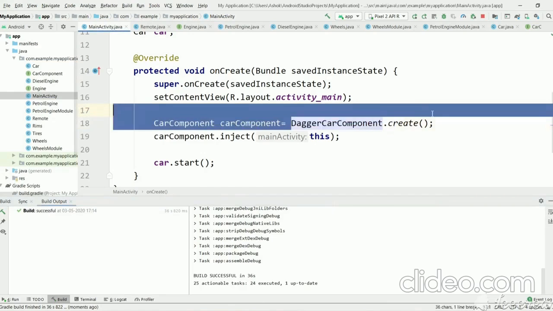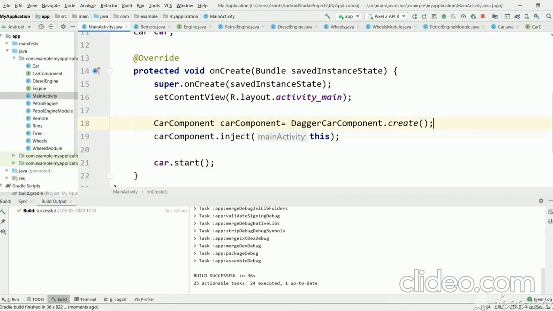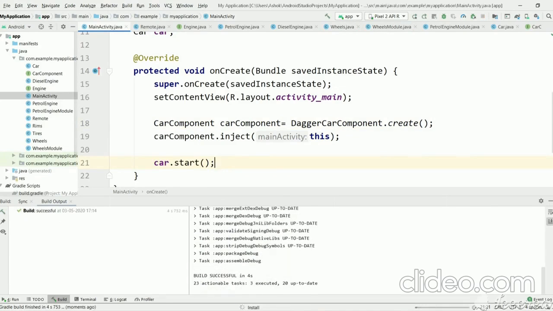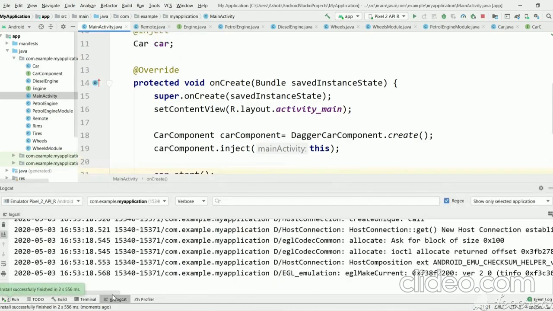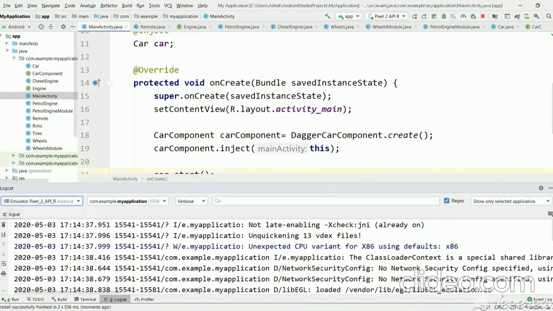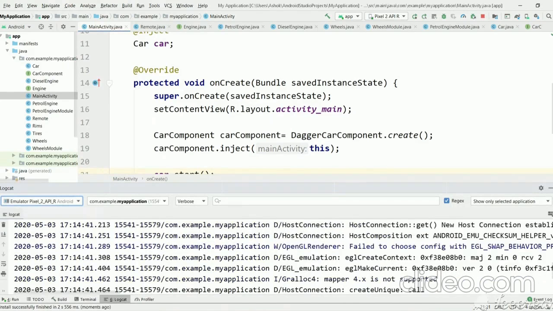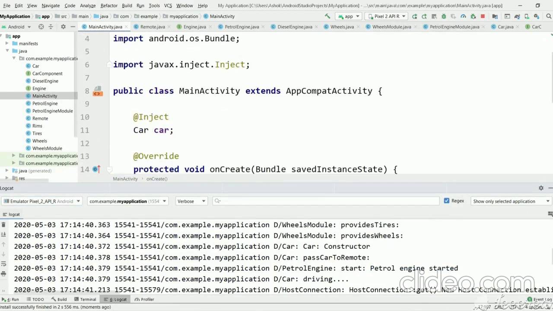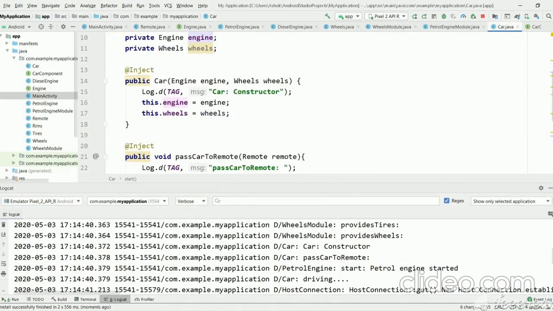So we have lost the error, and let's execute this and see the output. As we can see, petrol engine started. So Dagger automatically created a petrol engine object for this, because we have provided the petrol engine module to the car component.